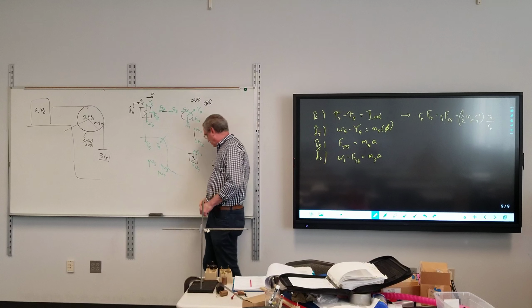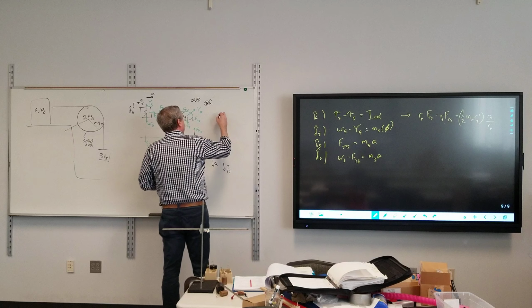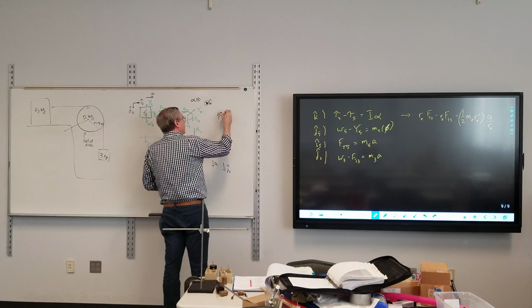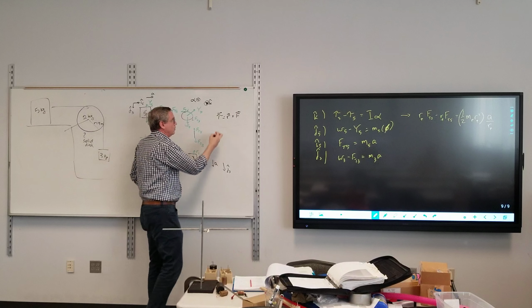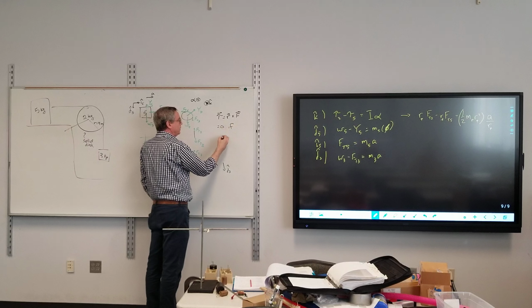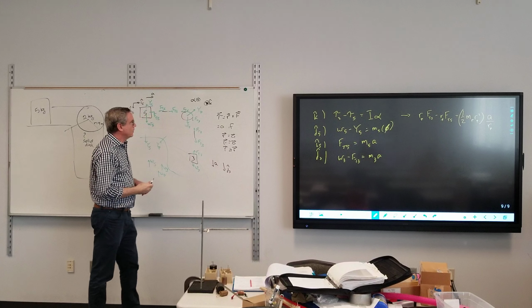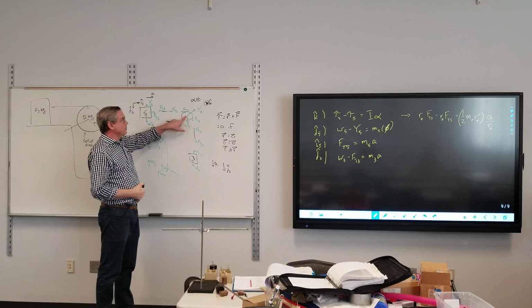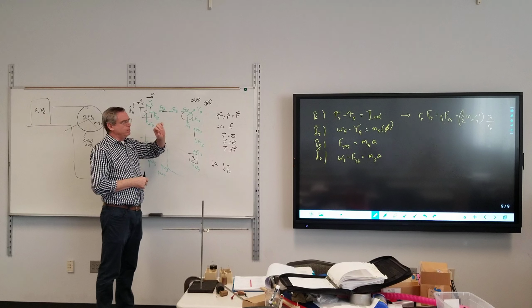From a mathematical point of view, torque is equal to R cross F. This is equal to 0 if the moment arm is 0, the force is 0, or the moment arm is perpendicular to the force. In this particular case, the moment arm would be 0, because the moment arm is a vector from